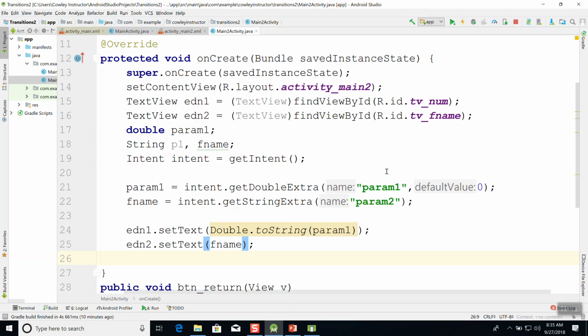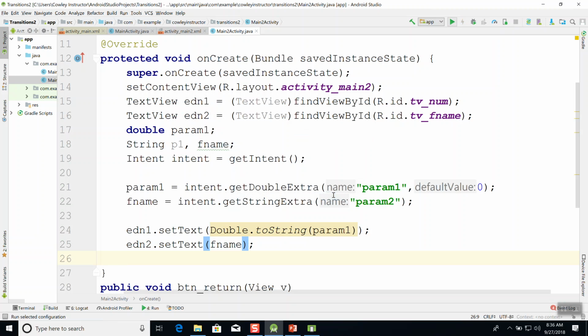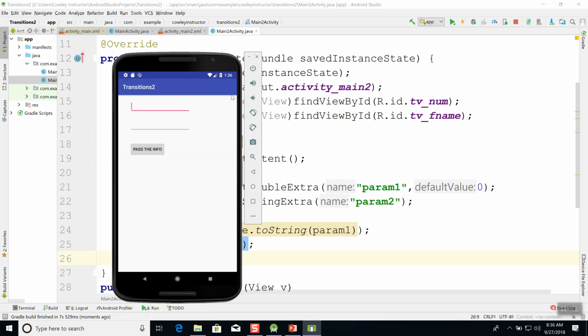Okay. Now if I run that, okay, so put in 33 here, I'll put in David here. I click pass